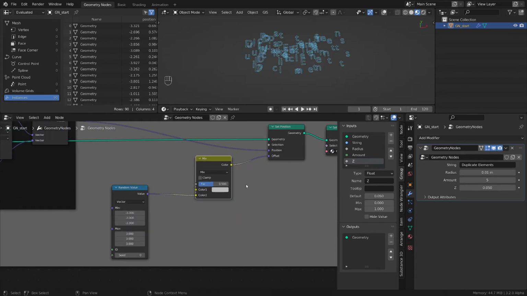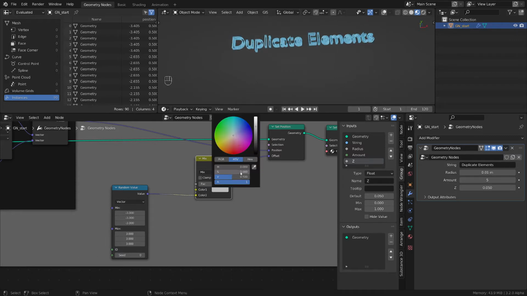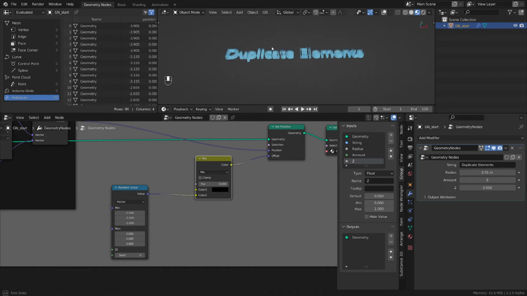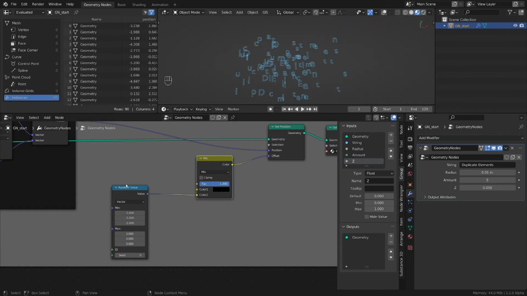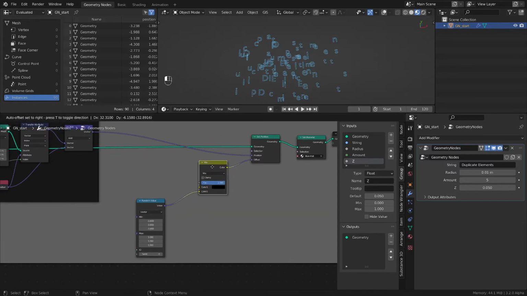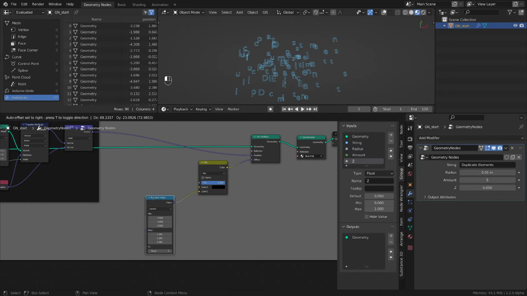Let's say this is the second value, and let's put this one to black. That will mean 0, 0, 0. So at 0 we have original, and at 1 we have the displaced position. So now this factor can be used to control this animation, and we will play with it a little bit